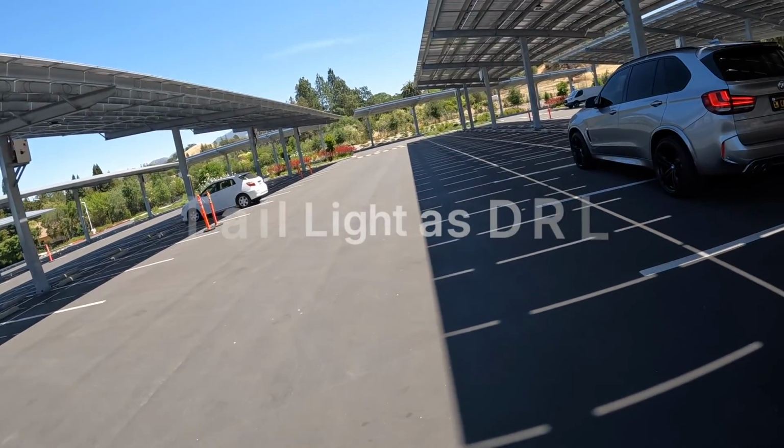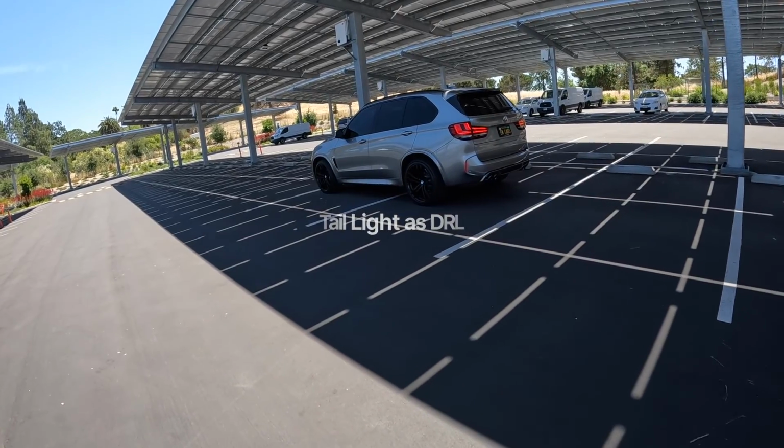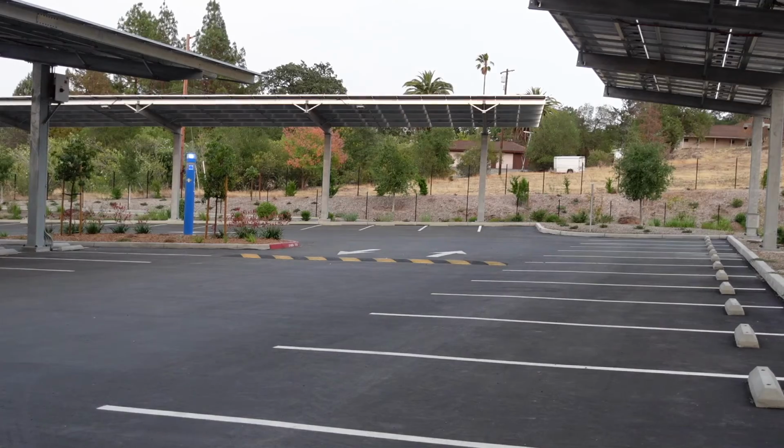Because if I were to be far away, he's like, oh, I think his lights are on. Or if I park the car in the sunlight, you won't notice it as much. But yeah, this is just my way until I get a Geo 5, or if I decide to go that route. You know, sort of updating